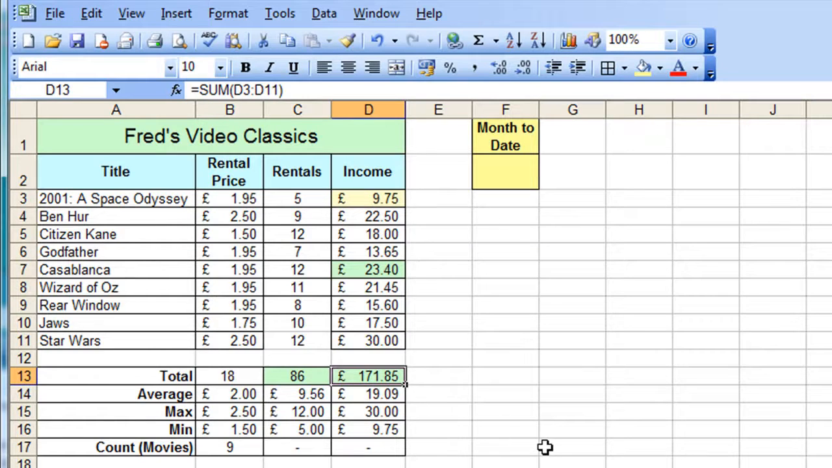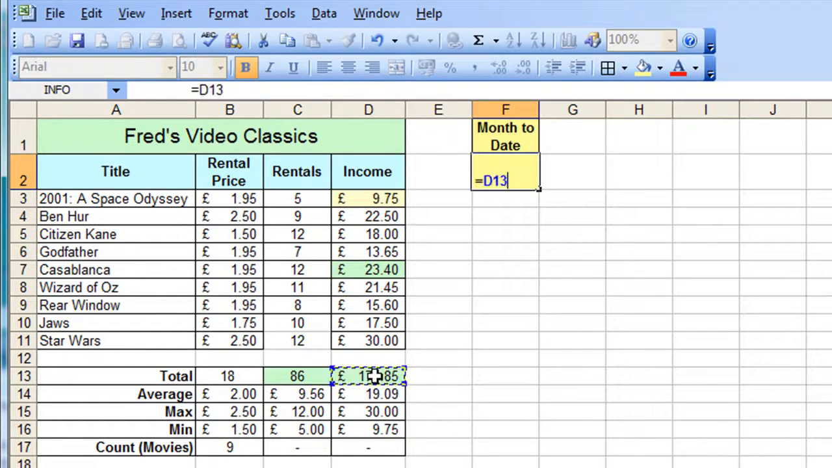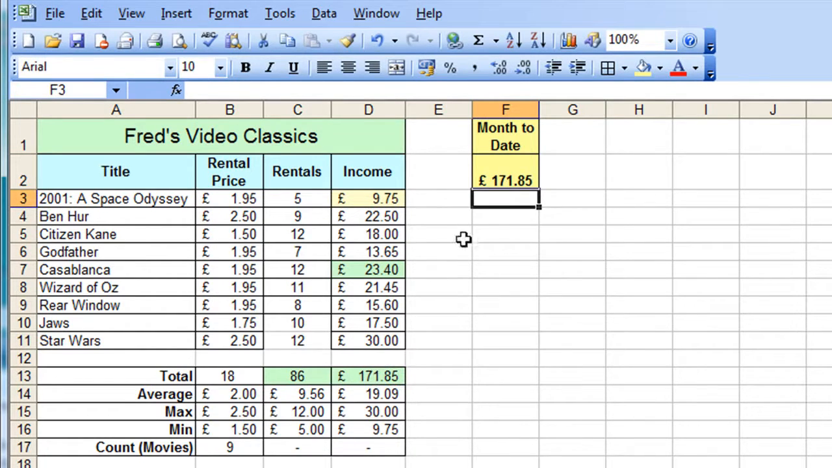Okay, so I hope that will come in useful for you. One last thing I'm going to do here is click into cell F2, and I've added something onto the spreadsheet I've been using for my earlier tutorials, this month to date section here. I'm simply going to press the equals key, click on cell D13, which contains my total value for the income, and then just press enter. All that is doing is referring to that cell, and you'll see why in the next few tutorials,